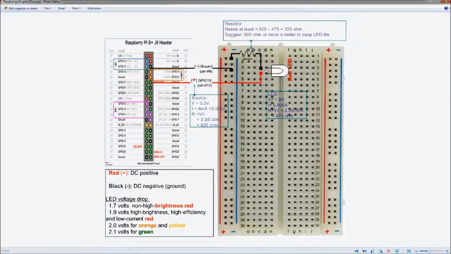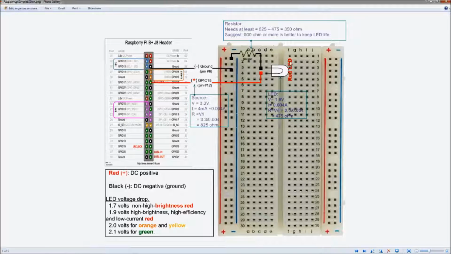About the LED, in the example I use a red LED. You can see at the bottom here, the red LED needs 1.9 volt, and the current is 4 milliampere or 0.004 ampere. Because in a serial circuit, all components have the same current.